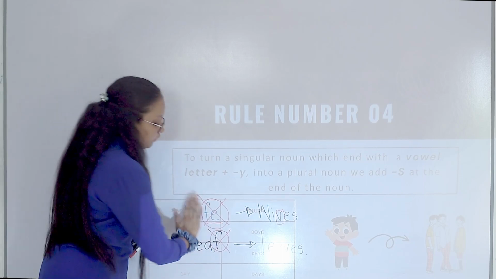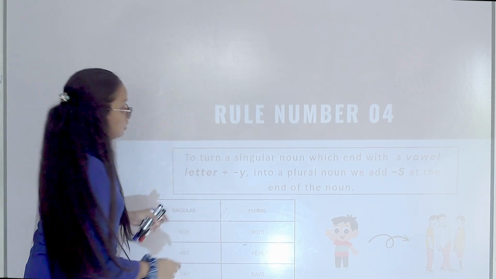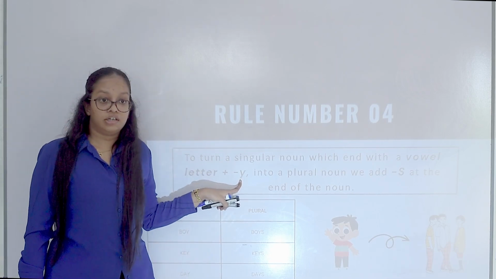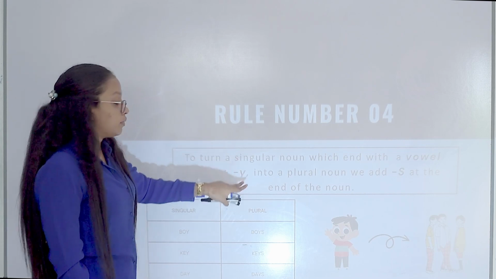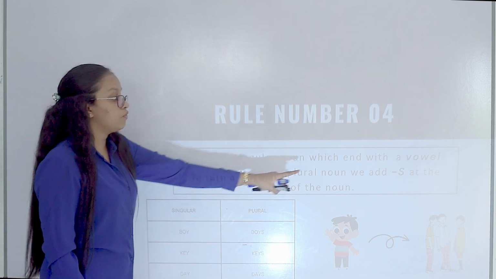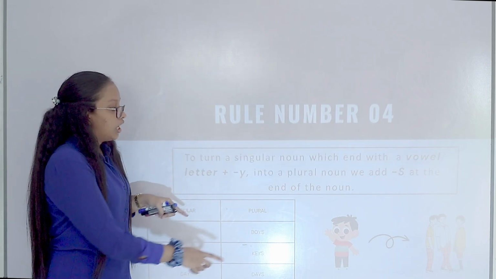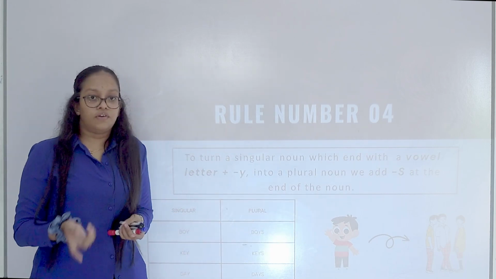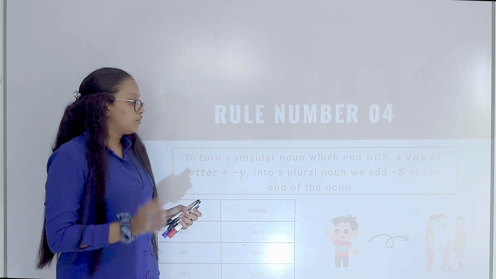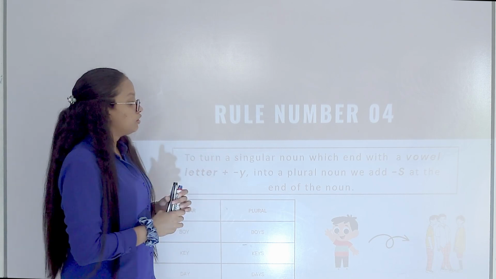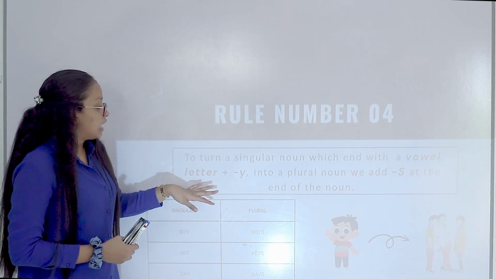So in rule number 4, we are talking about y. If the noun has a y, and before the y, if it has a vowel letter, we are going to add only s. You might be wondering, we are adding ies instead of y. That we are going to do as rule number 5. So in rule number 4, what we are going to do is, if the letter before the y is a vowel letter,